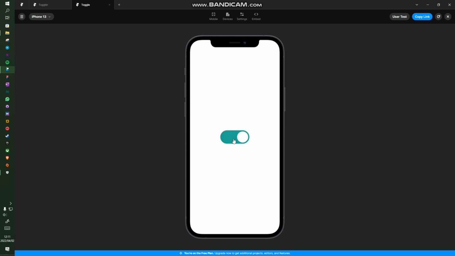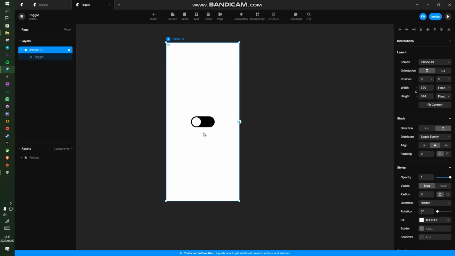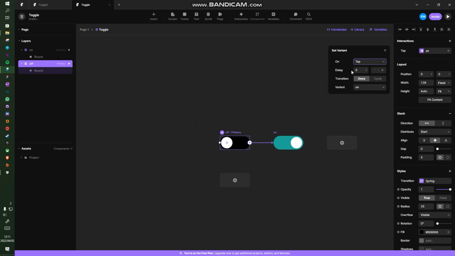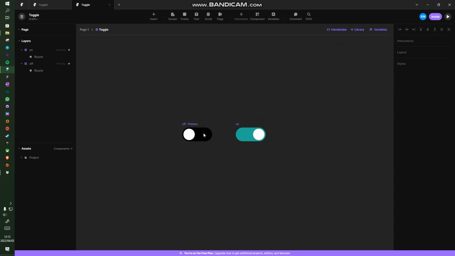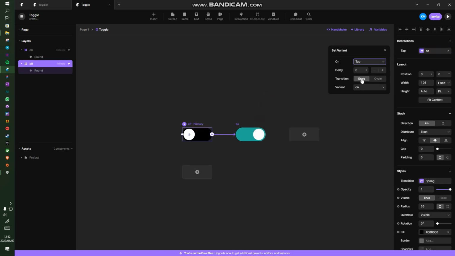So now Framer handles transitions for you, especially if shapes are the same. If shapes are the same, it'll handle the transition for you. Especially when it comes to components, it'll make everything smooth and work very nicely. You can add delays and cycling transition, and you can also change where its target, the variant, is, and then on tap or on start or on appear. When the app loads, it's supposed to toggle or what. So those are the states that you can set for the interaction there. We just need the tap, and we need it to transition once